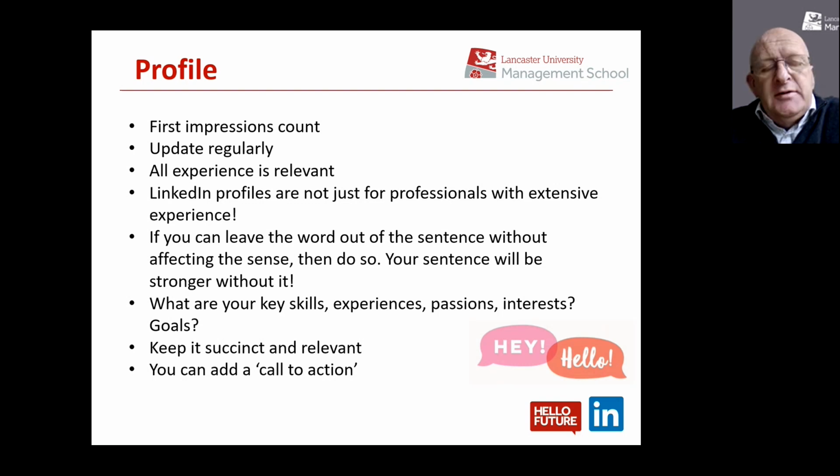There's a danger sometimes that students confuse LinkedIn with other forms of social media where you can post almost anything. If you're trying to create a particular persona, a particular profile on LinkedIn, keep it succinct and relevant. So if you're using LinkedIn because you're keen to get a graduate job in fast-moving consumer goods, well, keep your LinkedIn profile relevant either to the sector, to companies in the sector, to your experience in the sector, to news stories in the sector, or what you hope to achieve in the sector.